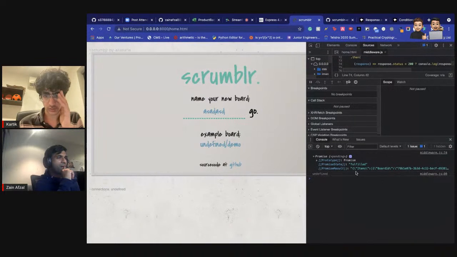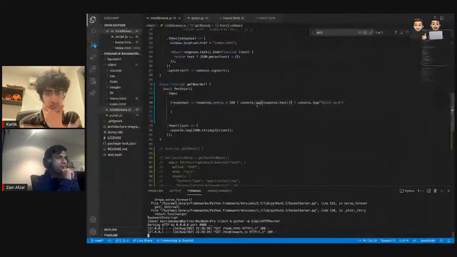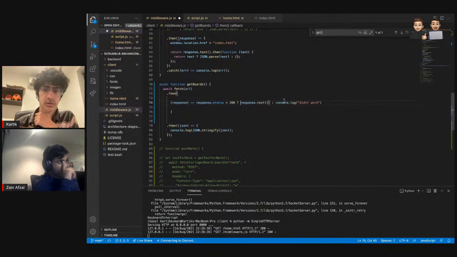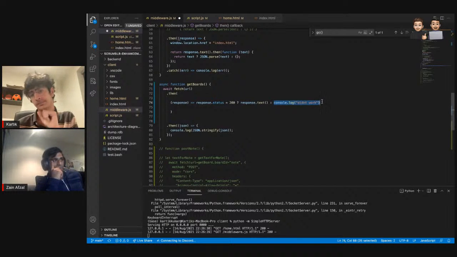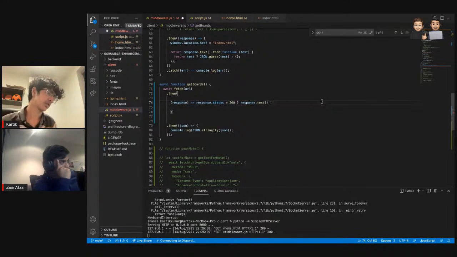All right, we got the board. So now, how do you want to do it? I'm thinking that if it doesn't work, then we simply return this status 400, or display the message. Two things: either display the code or display the message. If we are changing this, then the front end people should know this as well, that we'll return this and this is going to happen.